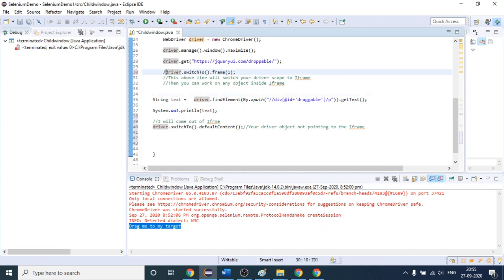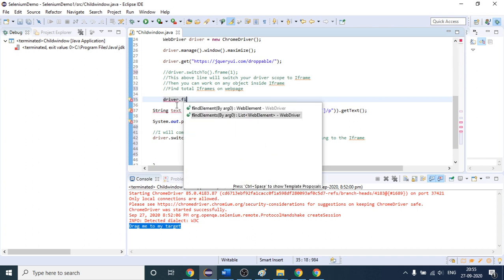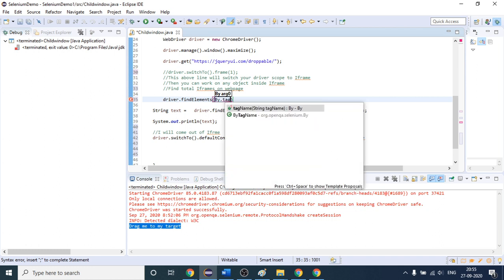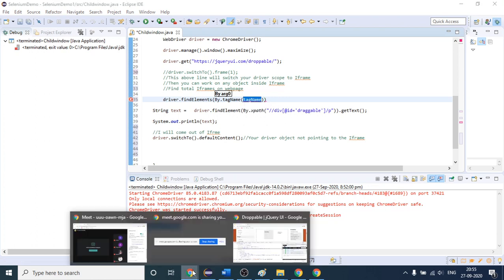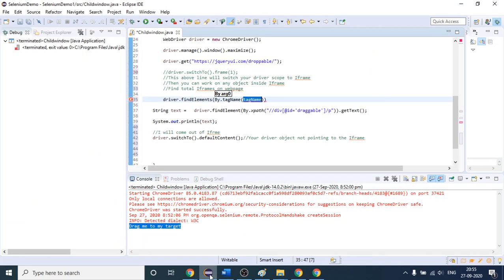First of all, let us understand how many frames we are having, right? You cannot inspect every time, right? So what I'm saying is, I have to find the total iframes on the web page. How can we find them? There is a simple one, which is driver.findElements, because we have to find multiple iframes. By.tagName is the locator. All the iframes you have on the website will start with this tag name, which is iframe. Copy this iframe, paste it here,